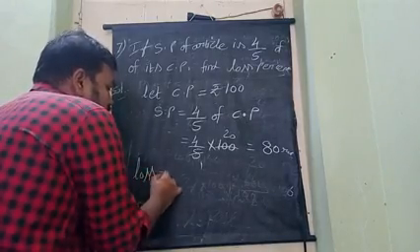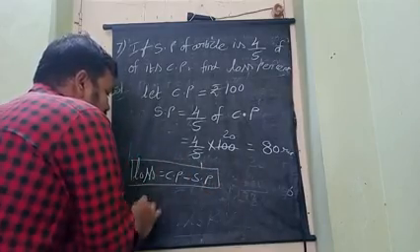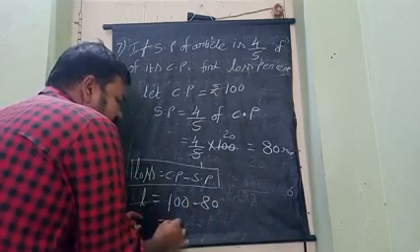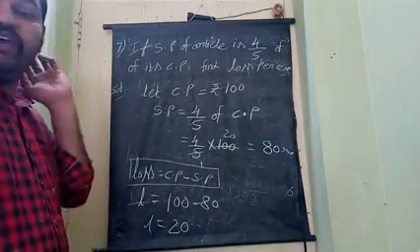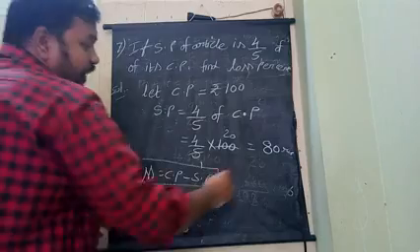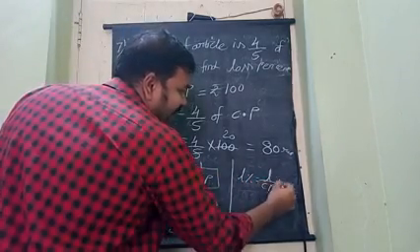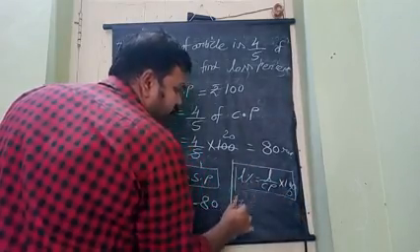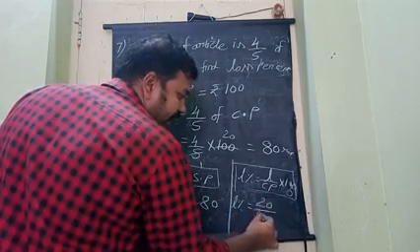Loss is equal to CP minus SP. Substituting in the formula, L is equal to 100 minus 80, that is equal to 20. Loss is 20 rupees. They told us to find the loss percentage also. The formula for loss percentage is L by CP into 100. So loss percentage is equal to 20 by 100